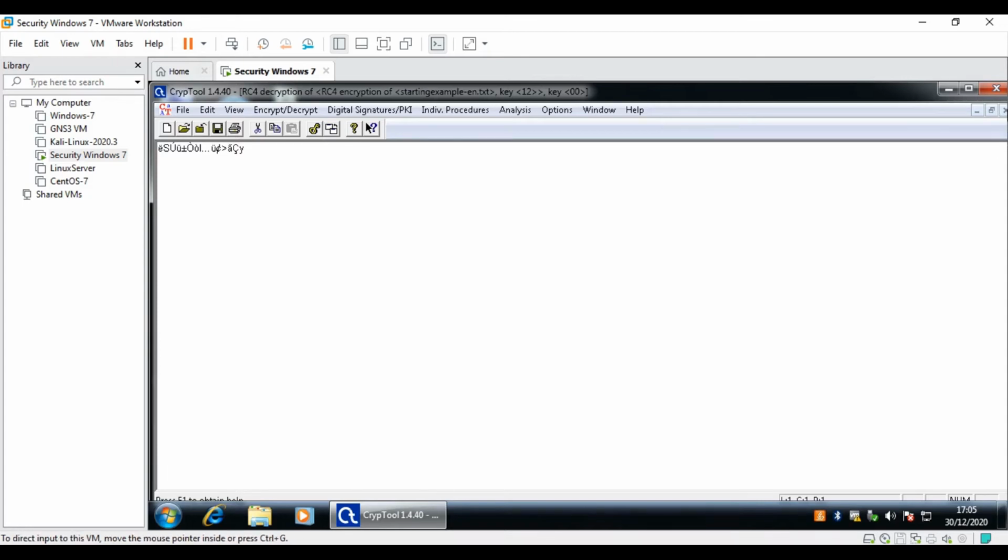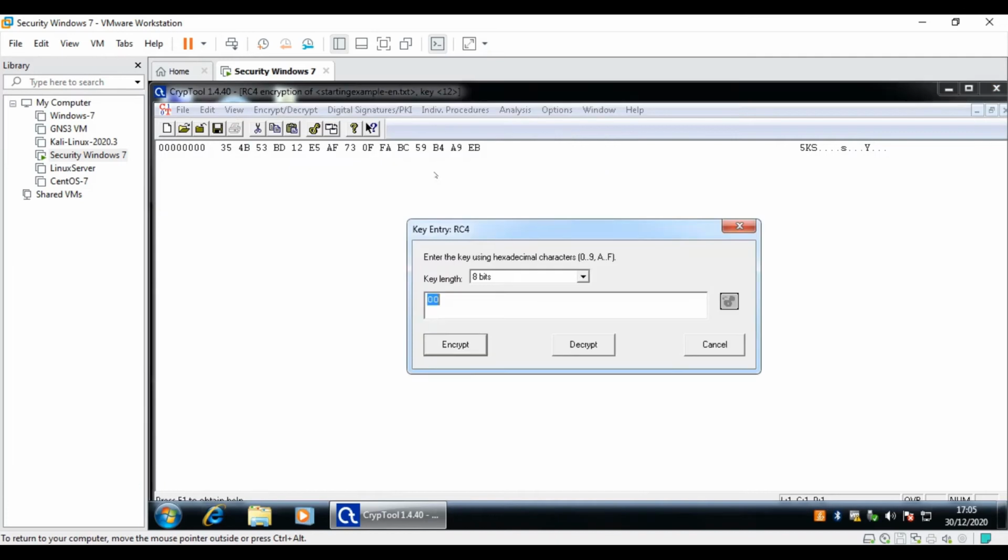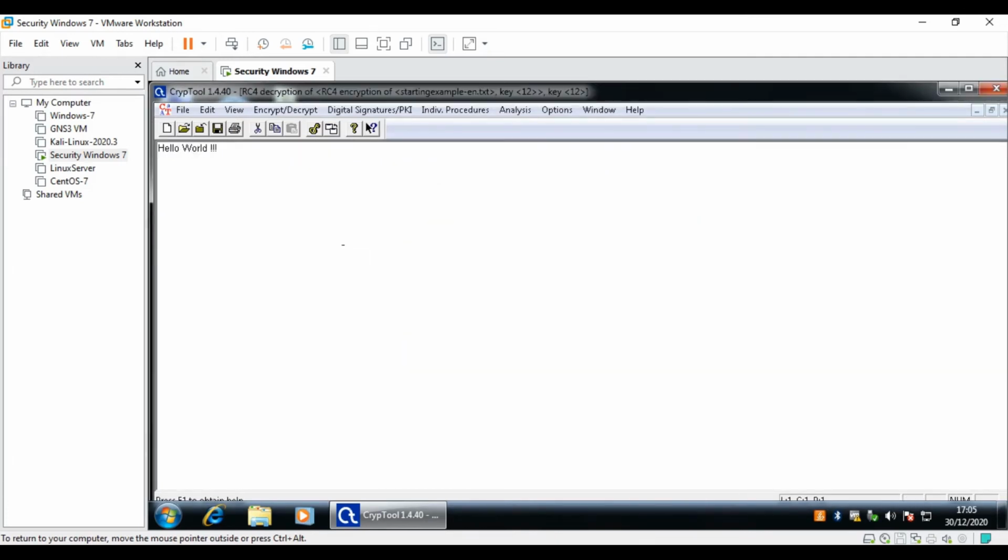Now I'll remove this. This is my encrypted message. Then I use RC4 and the correct password, and I decrypt. Voila, you get the correct plain text, and that's how you can do encryption and decryption using CrypTool 1.4.40.